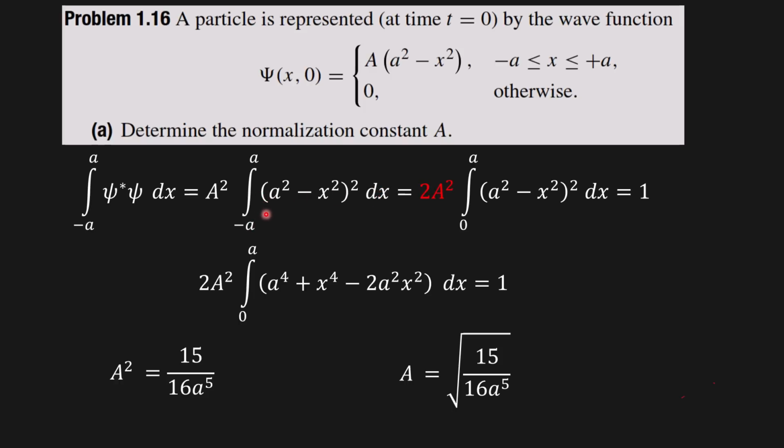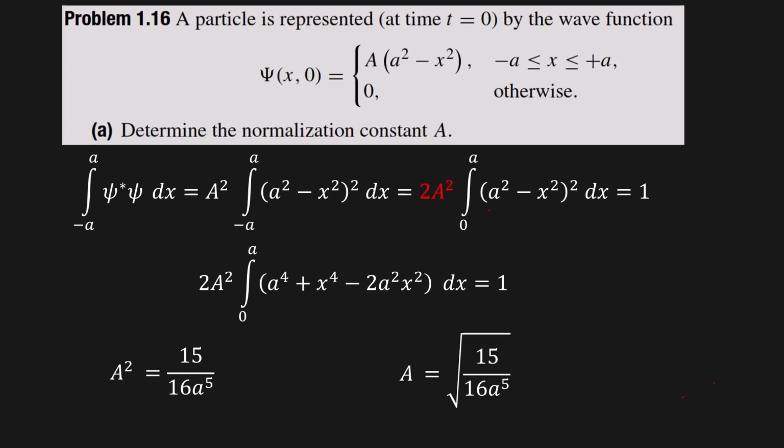Now you change the limit from 0 to a, so you have to multiply this integral by 2. So this will become 2A squared integral between 0 to a of (a squared minus x squared) whole squared dx, which must be equal to 1. Now you expand this